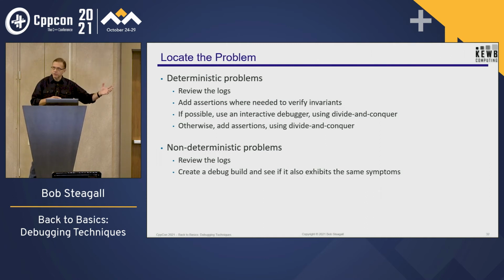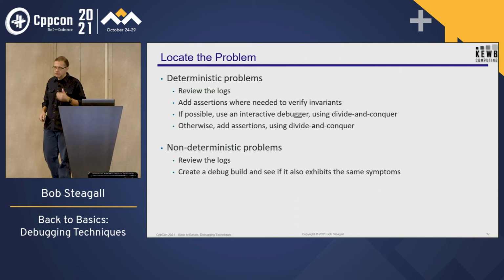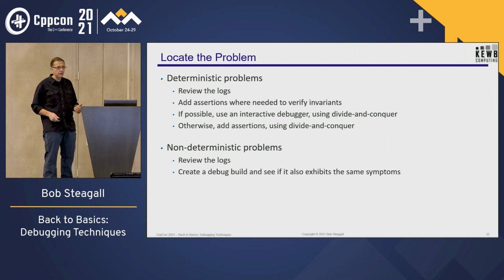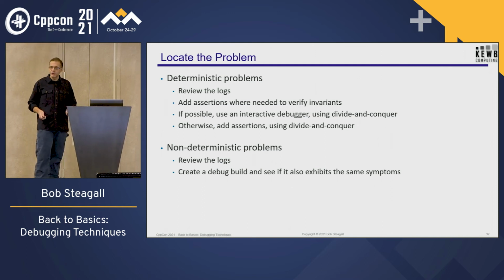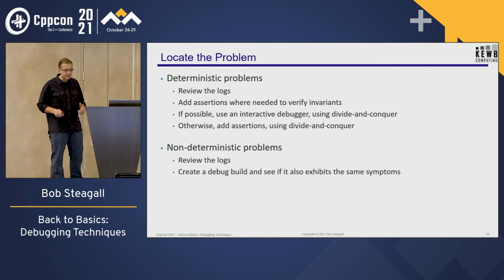And that, by the way, is the whole reason for that clone step I mentioned several slides ago. Because when you've cloned the product, you can make a debug build and observe how the program evolves under the debug build. If you have a non-deterministic problem and the problem rears itself in the debug build, consider yourself lucky, right? Your life is much easier.